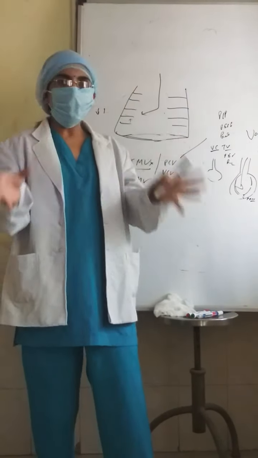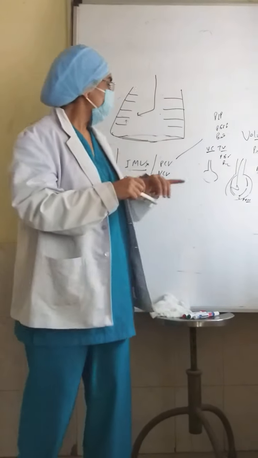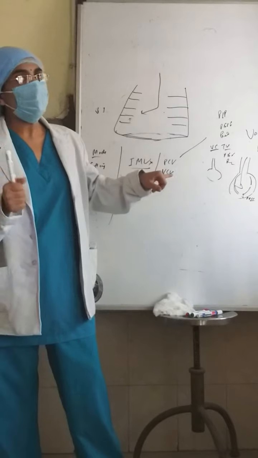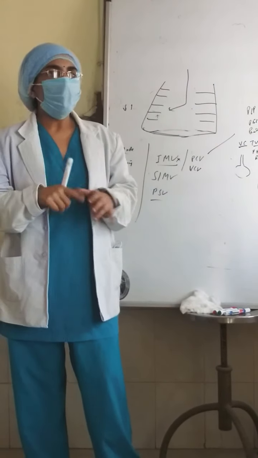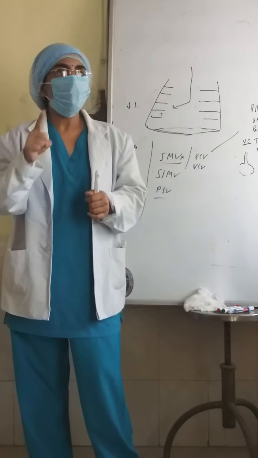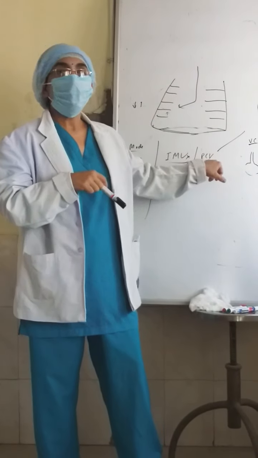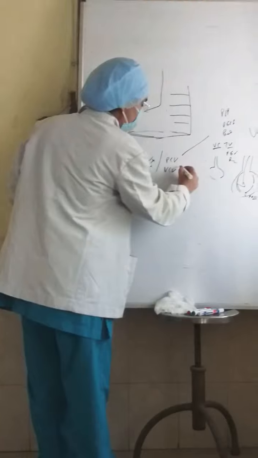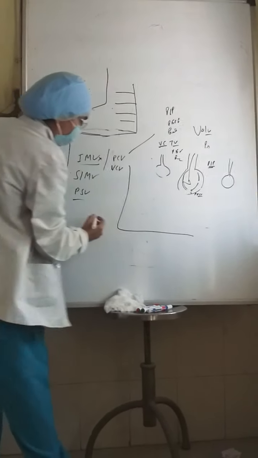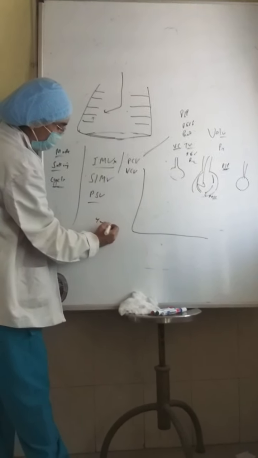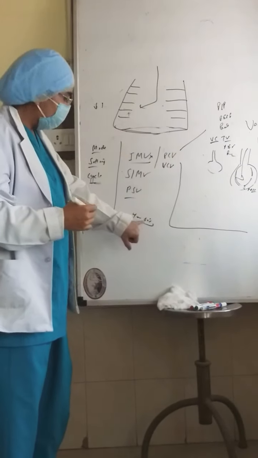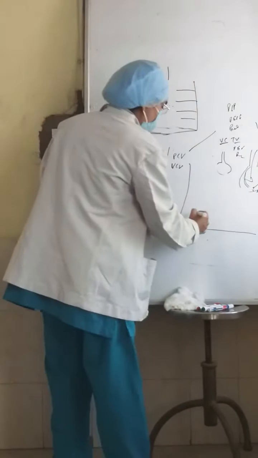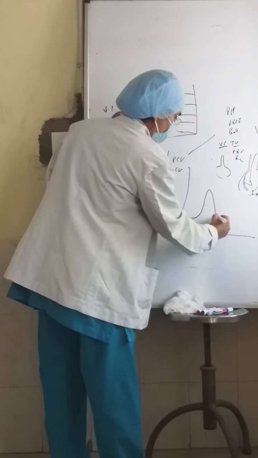So for that purpose, basically we put the patient on pressure control ventilation, but at the same time we need to paralyze the child. This is very important. If you don't paralyze the child and you put the child on pressure control mode, it is going to cause more harm. Why? I'll tell you. Because in pressure control ventilation, we set a fixed rate. It is like a Hitler. It has a fixed rate. You fix the rate of 60. You fix the pressure of, suppose, 20. You fix the PEEP of 5.